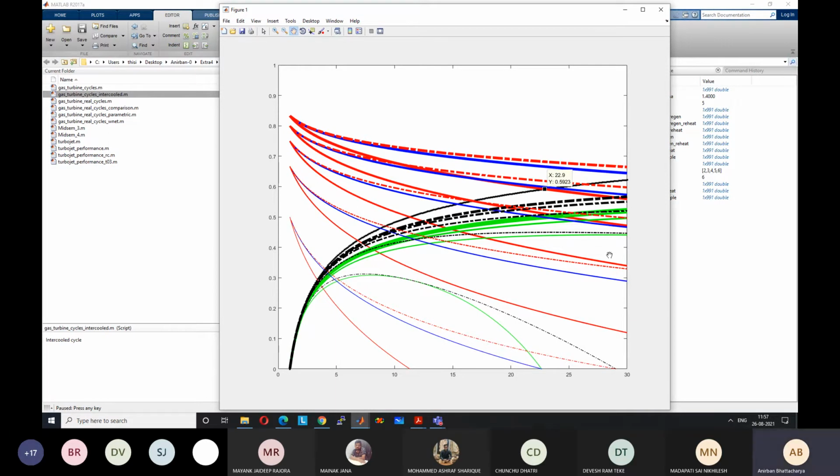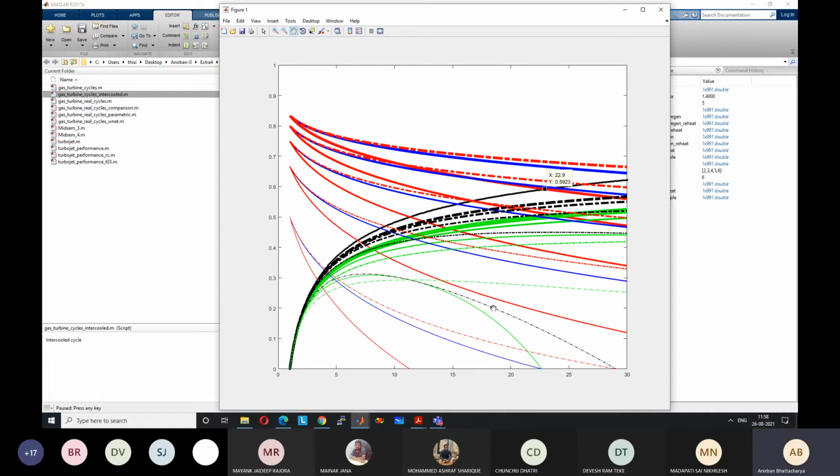And so next, what we'll see, the graph is becoming complicated, but you should be able to follow based on the colors. Next, what we will see is reheat cycle with intercooling. So what are the simple reheat cycle lines? Green lines. So we have to compare the green lines with the dotted green lines. So t equal to 2,